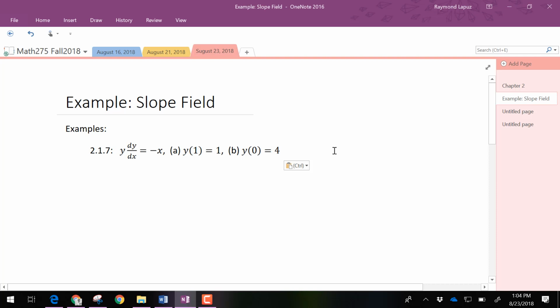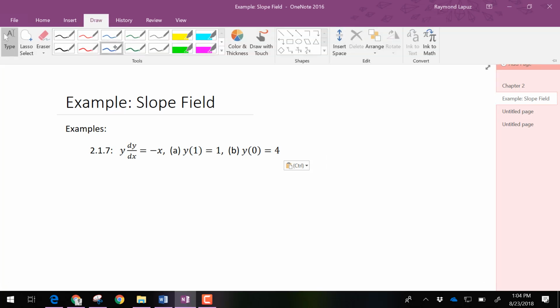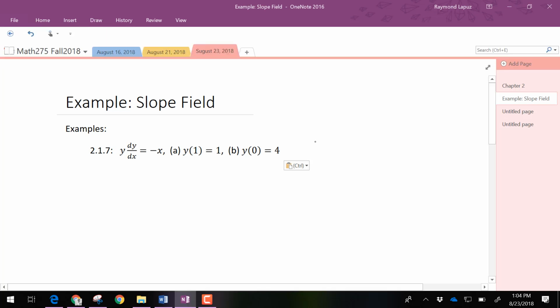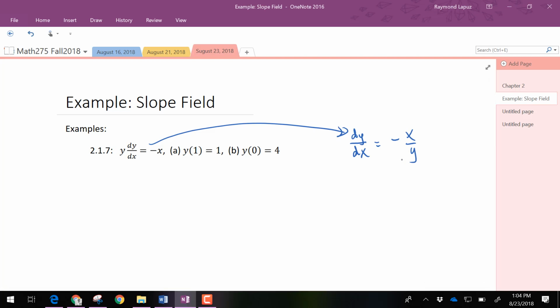So again, we can start off by making sure that your differential equation is written in standard form, where the dy/dx is by itself, and so I'd have to divide out by y, I think. So y prime is negative x over y. Yeah. So now this is my differential equation, and if I were pretending to do this by hand,